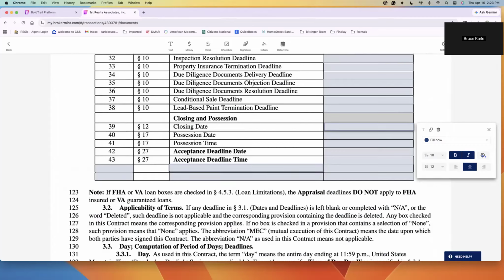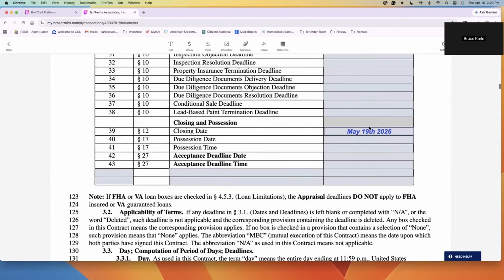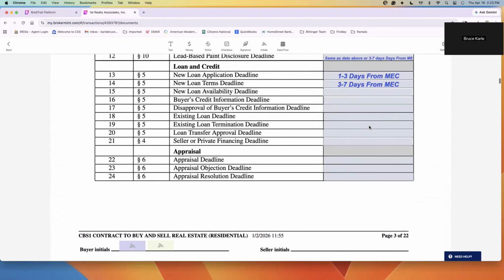Traditional closings are anywhere between, I'd say, 27 to 45 days out. Looking at the calendar, and I know you can't see this, I'm on the 16th of April, so I'm going to go somewhere near the 16th of May, which falls on a Saturday. So I'm not going to do that. I'm probably going to push it to the next week, Tuesday, May 19th. So now that I've got my closing date, I can use that to determine when I want the